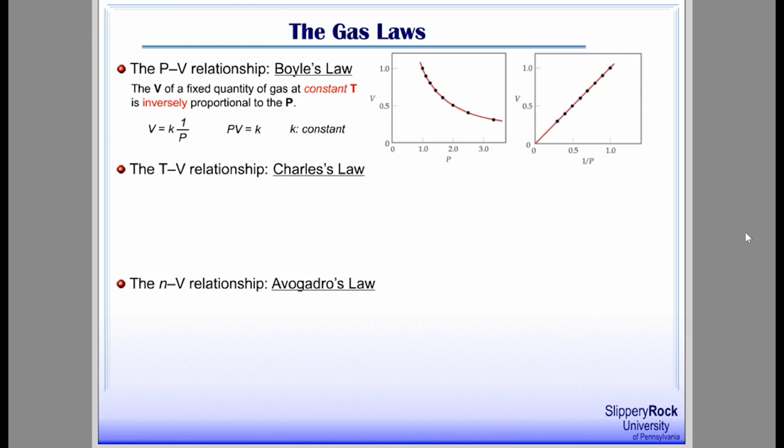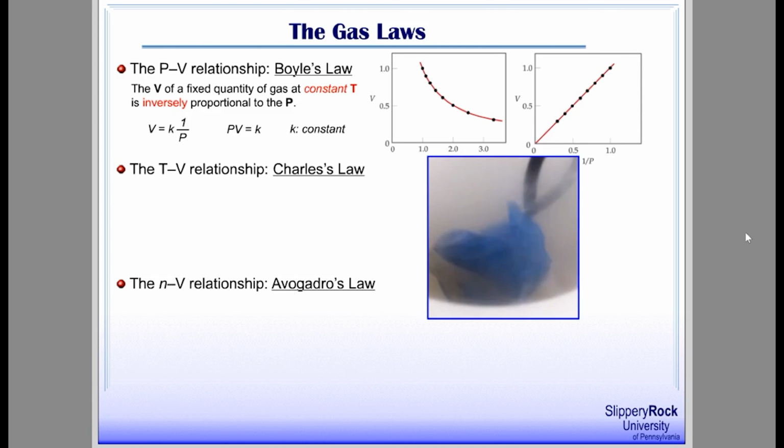Charles' law shows how temperature is related to volume at constant pressure and quantity. Look at the picture on the right. An air-filled balloon is immersed in liquid nitrogen. The temperature of liquid nitrogen is below -196 Celsius or -321 Fahrenheit. Under such low temperature, the air inside the balloon is cooled and liquefied. This leads to a sudden decrease of the volume of the balloon.